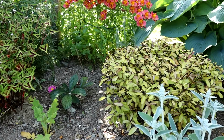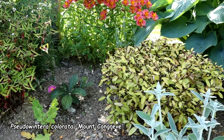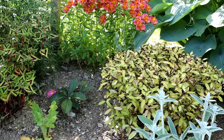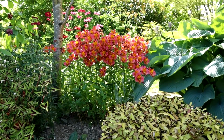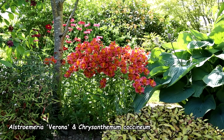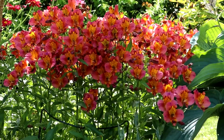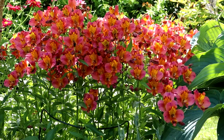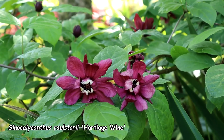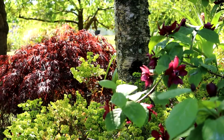And just here we have my Pseudowintera bush that was recently clipped, and yeah, great shrub for acid soil. And just behind it we have a combination of Alstroemeria and Chrysanthemum, and these Alstroemeria seem to be doing really quite well in dappled shade, which is unusual. Calycanthus Hartlage Wine is doing great. Lots of pretty flowers this year, and I think they look really well against the dark foliage of the Acer